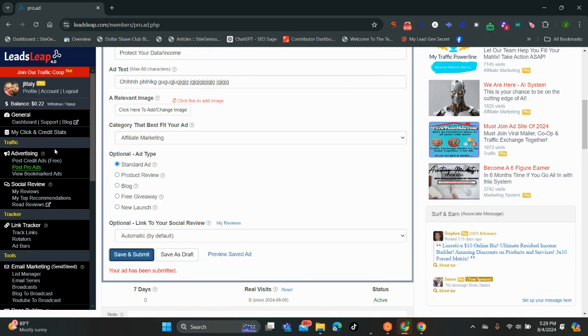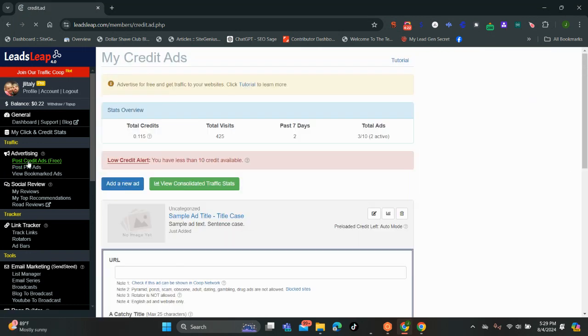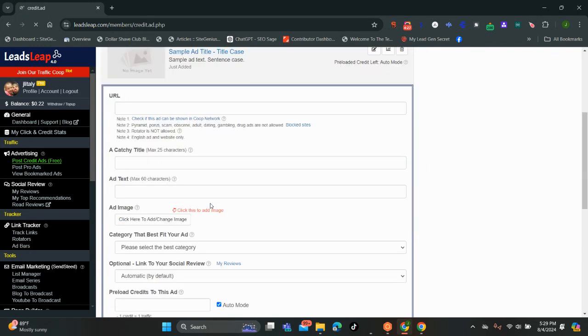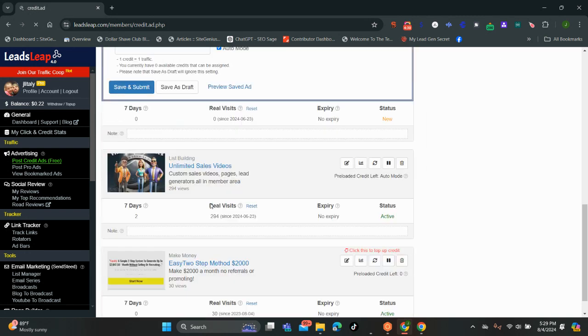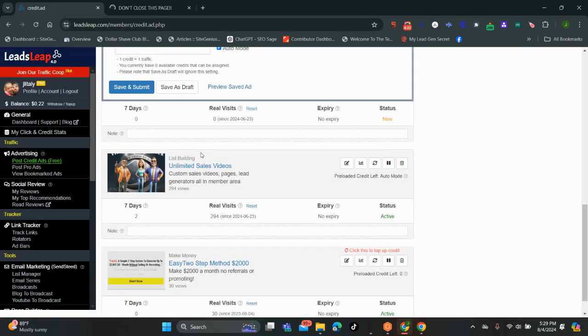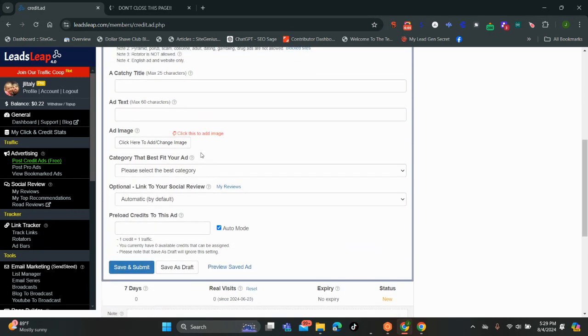Now, if you want to go the free ad route, process for credits. Where's it at? Oh, right there. Alrighty, I got 0.115 credits. So for this one, it's the same thing. You set your ad up the same way. Oopsie doopsie. Except you'd want to